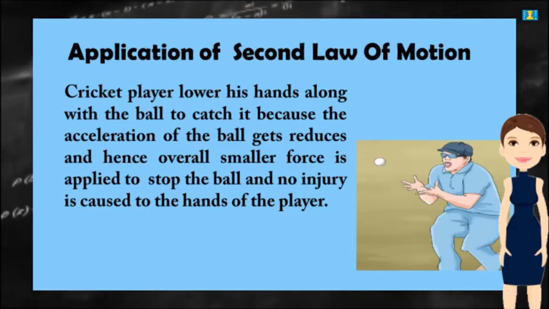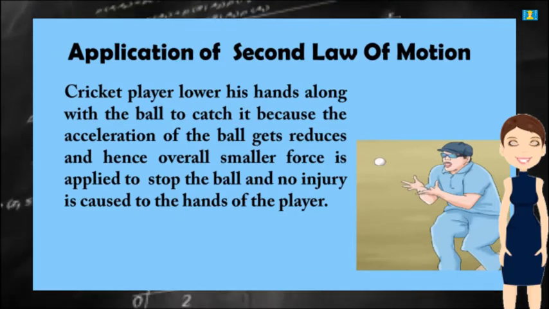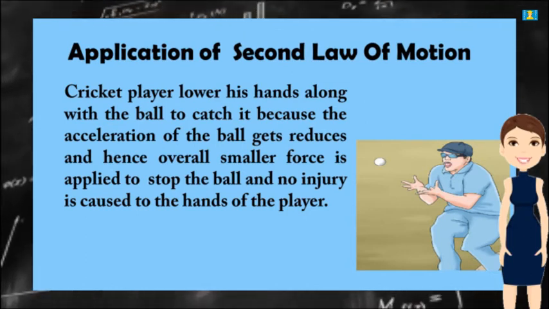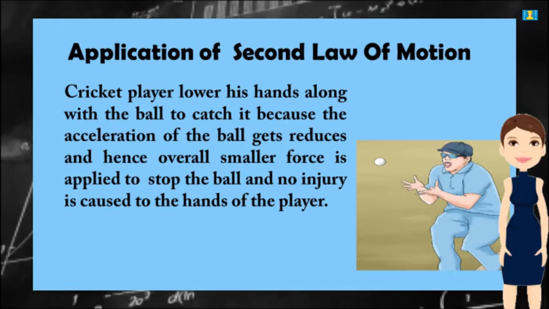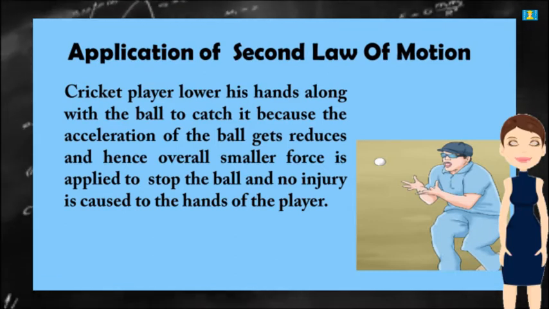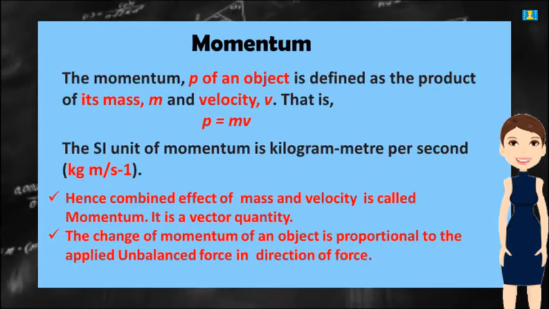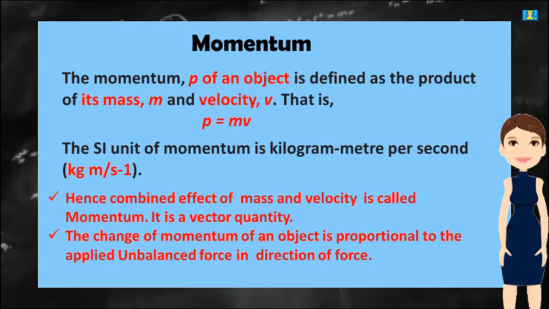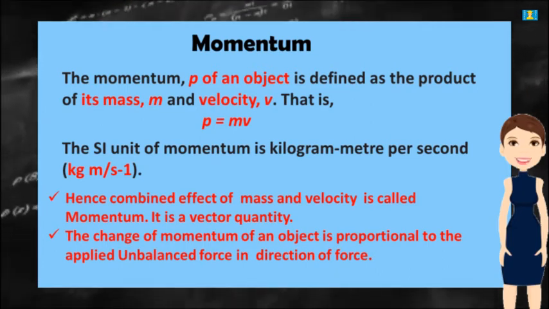Application of the second law of motion. A cricket player lowers his hands along with the ball to catch it because the acceleration of the ball gets reduced, and hence a smaller overall force is applied to stop the ball and no injury is caused to the hands of the player. Momentum. The momentum P of an object is defined as the product of its mass m and velocity